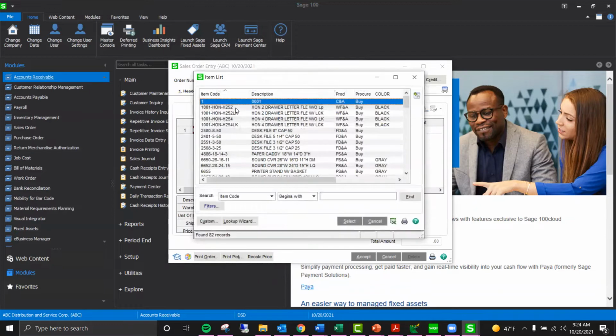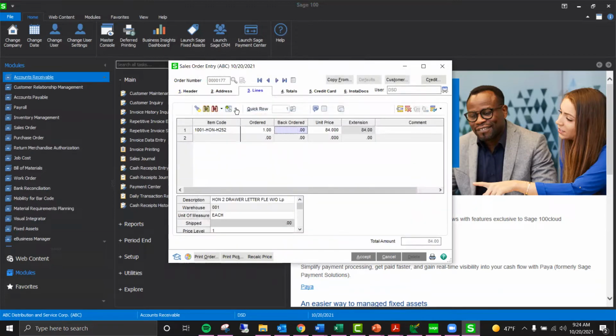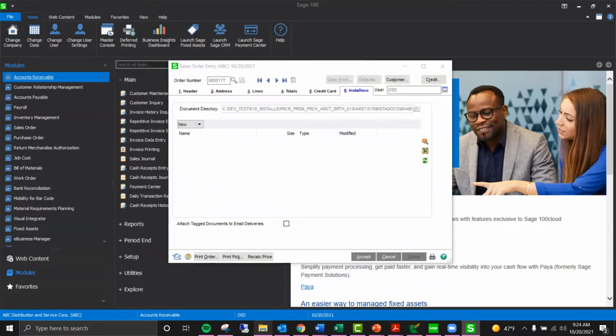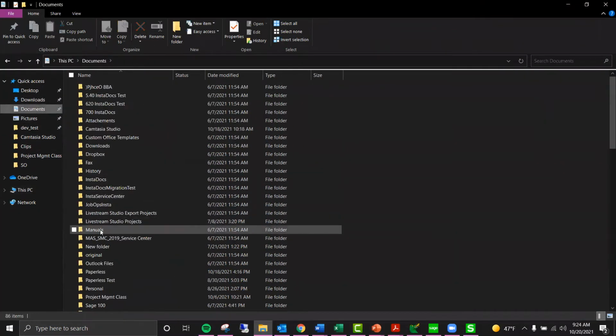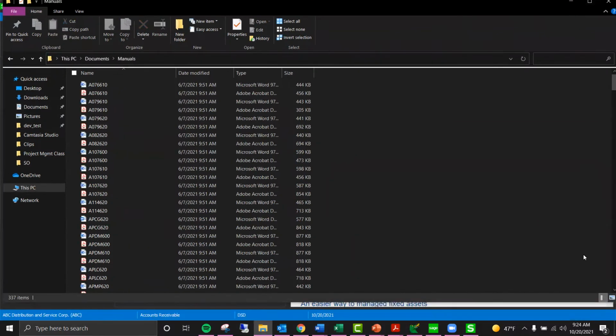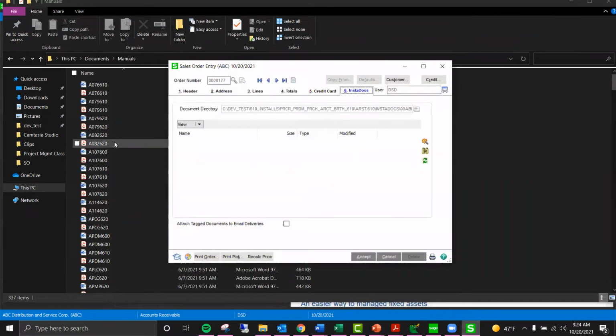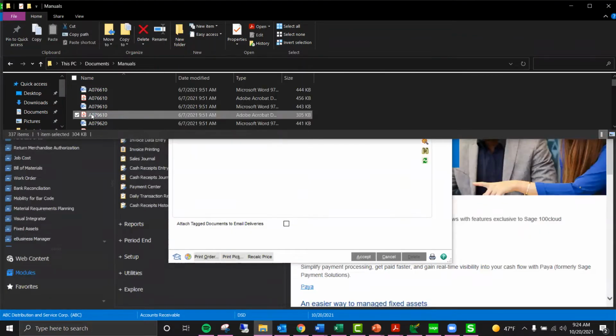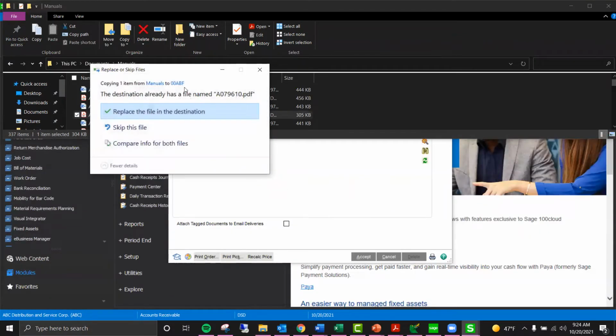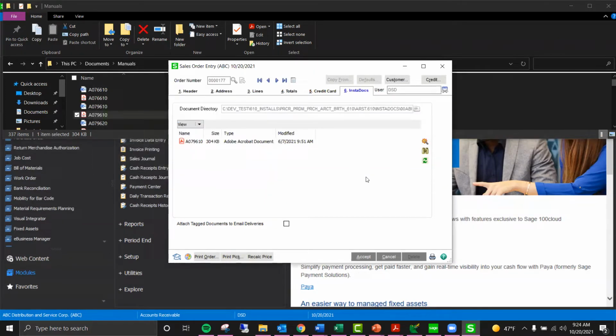I'm just going to create a line here. And then again, it's your standard drag and drop. So if I want to pull my manuals in, the screen is too big. So here's my document, and if I check this attached tag documents to email deliveries,